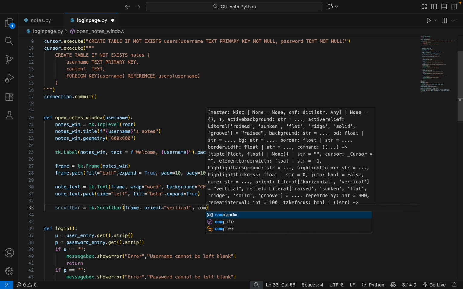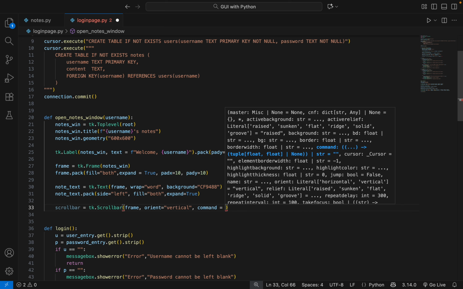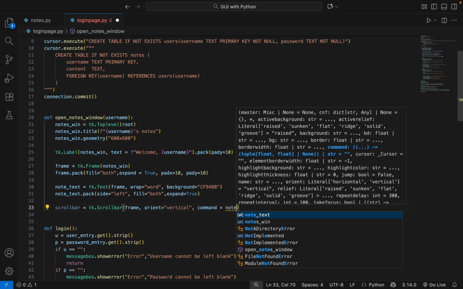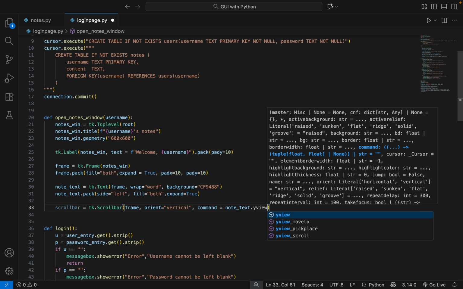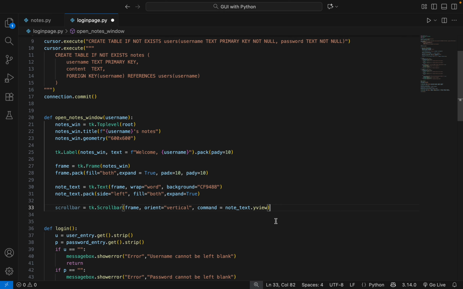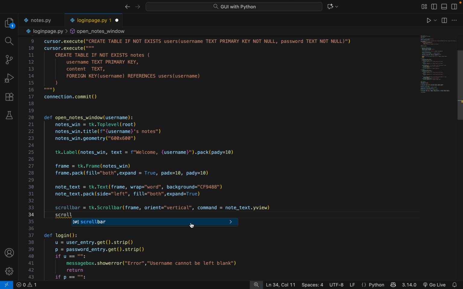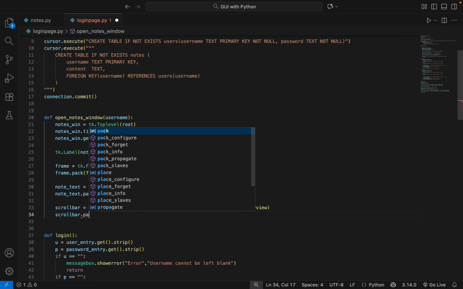And then I can give it a command. I can say, okay, I want to see the note text, the text in the vertical view. So Y view, Y is this axis. And then you can also give it the pack or the padding,